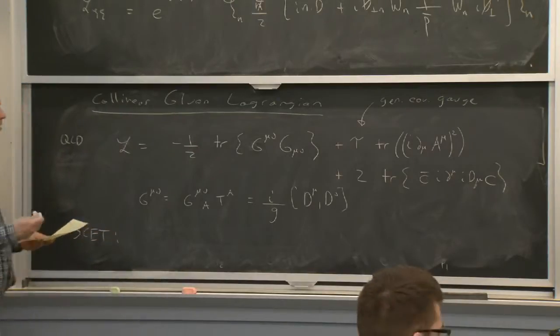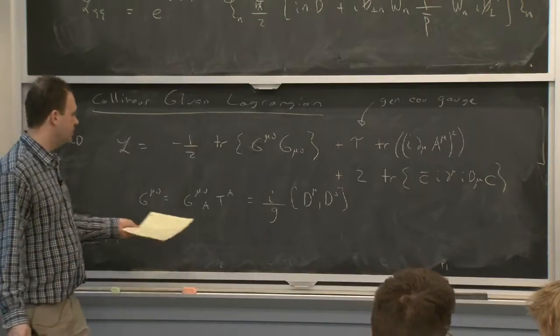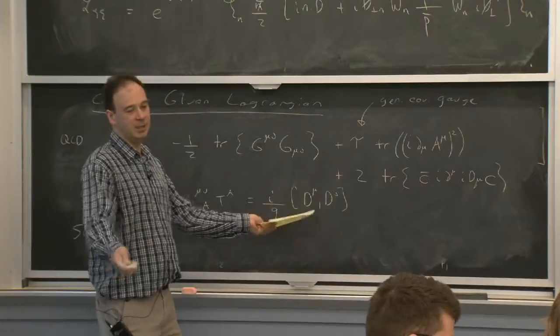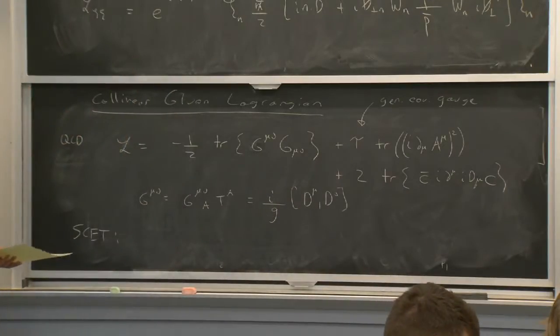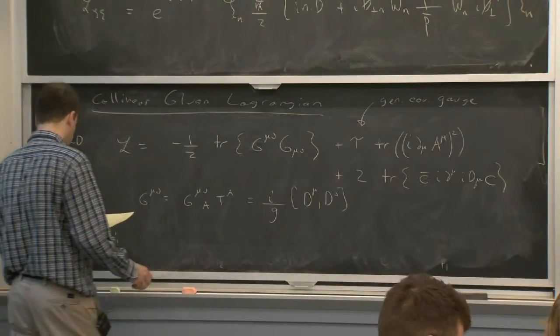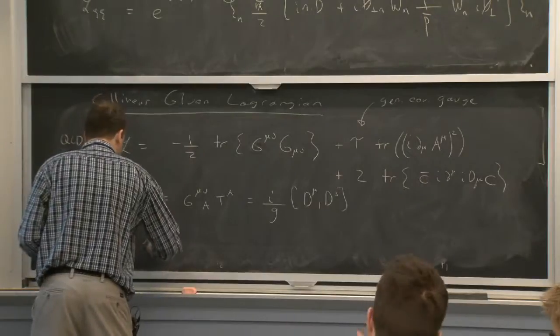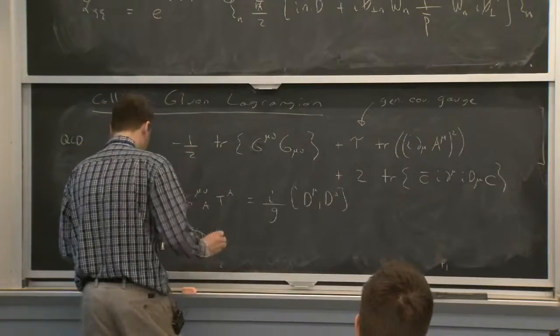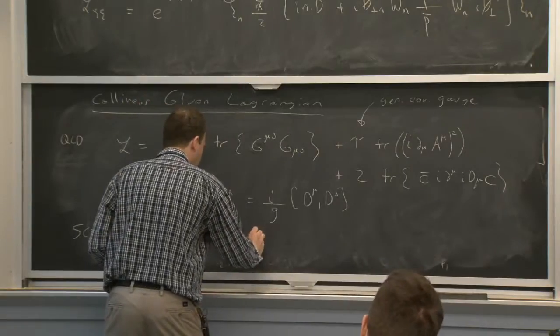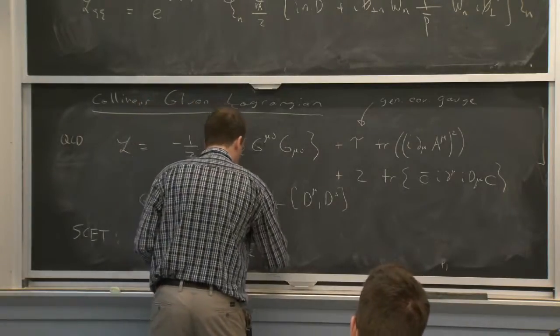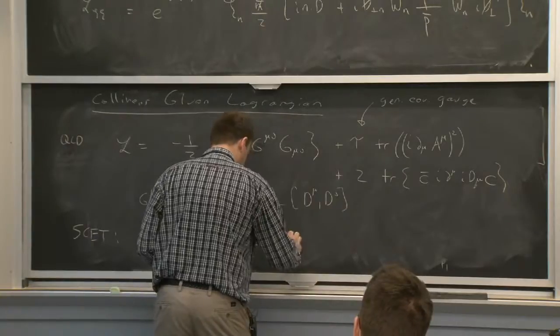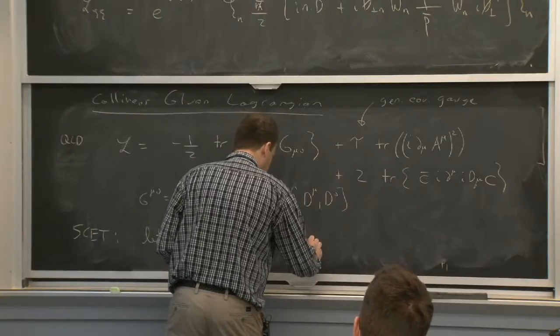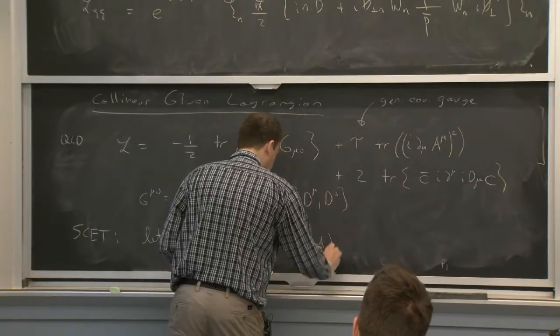And so really, if you think about writing all the G's in terms of D's, we already know how to split the D's in terms of ultrasoft and collinear parts. And so that's what we do. So let me write out a D, which is kind of a leading order D, and we'll just set up some notation, and then I can basically write down the answer.